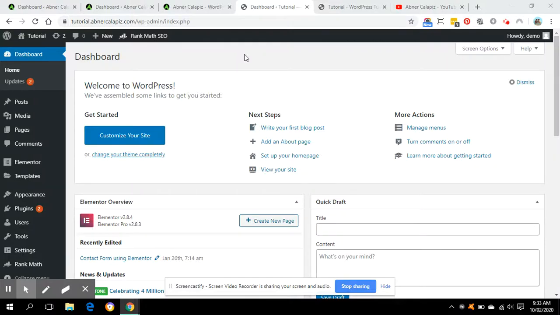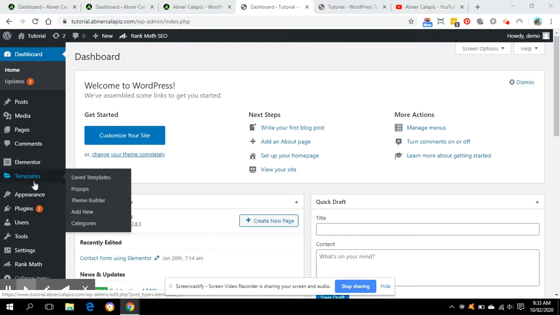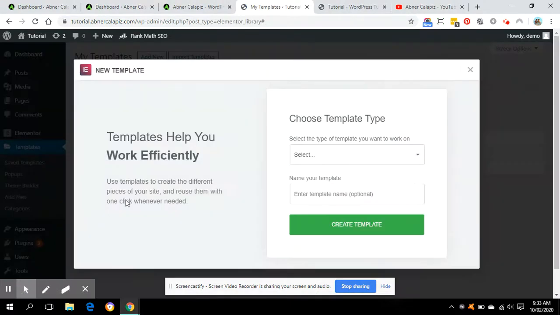Hello guys, today I will teach you how to add a pop-up form in Elementor. First, you need to go to add new, select pop-up,